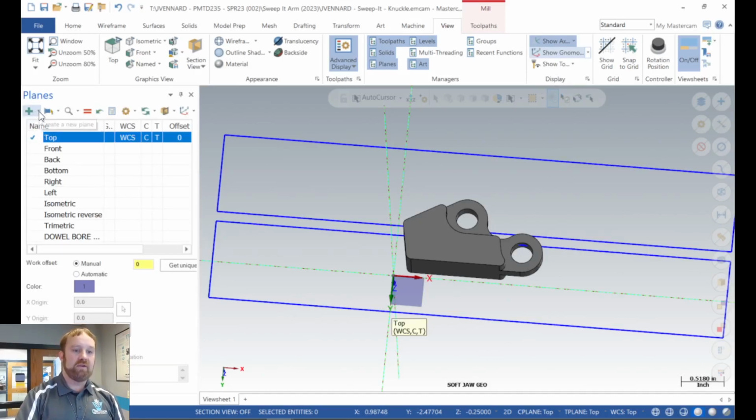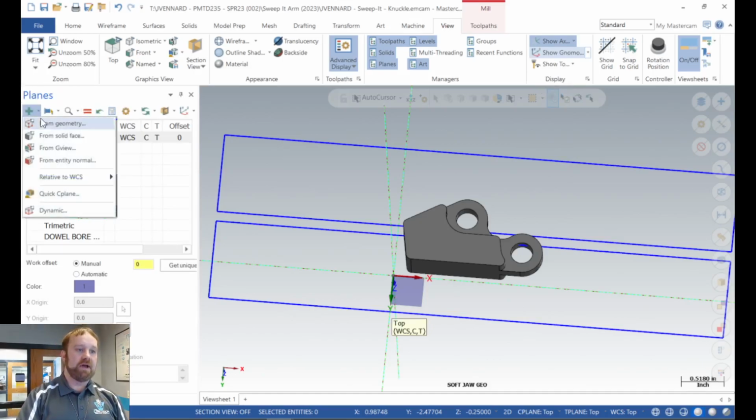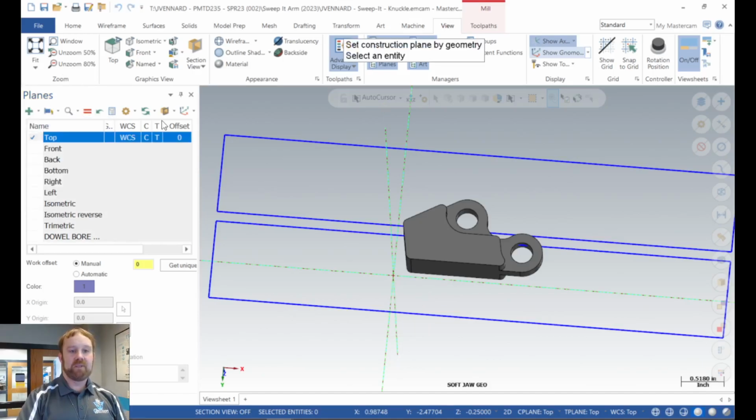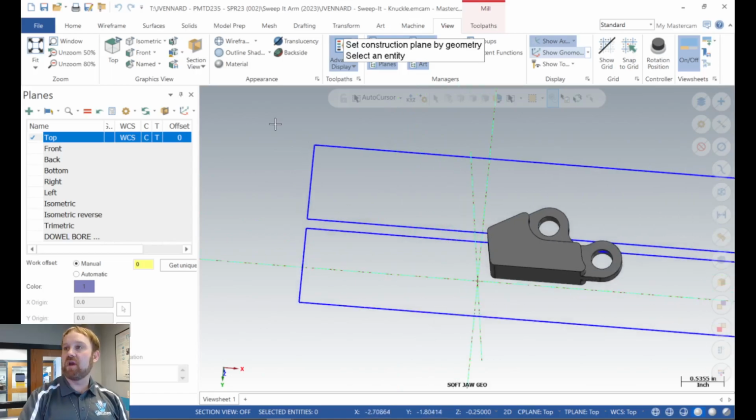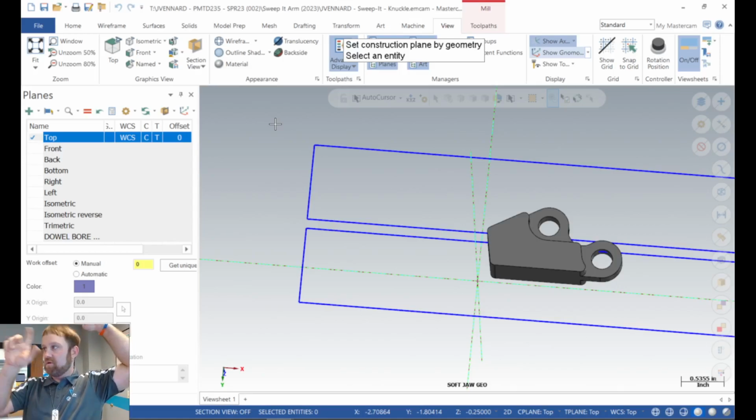I want to create a new plane by geometry. New plane from geometry. That means we're going to use wireframe to create it. When we do this, we are going to click the X first and the Y second of where we want the origin at. If you do that, you don't have to sit there and click through and try to get the Z and everything going in the right direction,